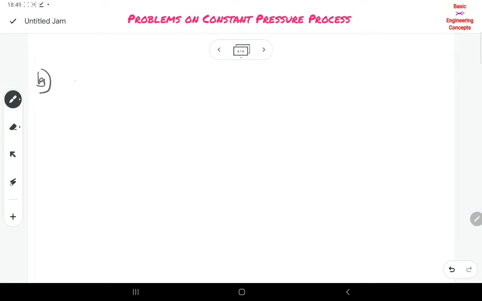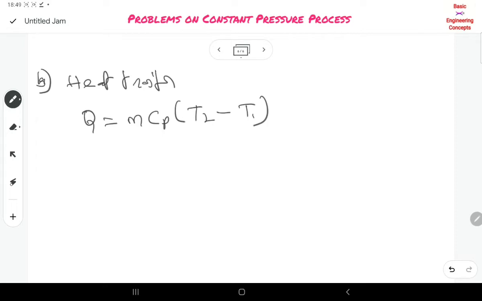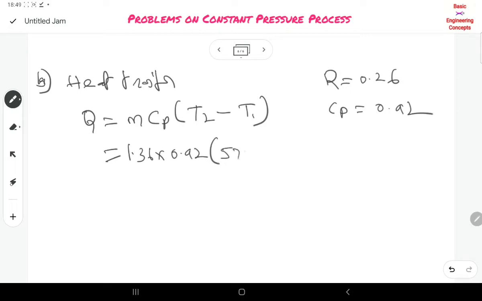Okay, next, the second one, heat transfer. They ask you to find the heat transfer, that is Q equal to mCp into T2 minus T1. Here we already know R is equal to 0.26, and Cp is already given, that is 0.92. So M is equal to 1.36, Cp is equal to 0.92, T2 is equal to 576 minus T1 is equal to 288. Then Q is equal to 360.34